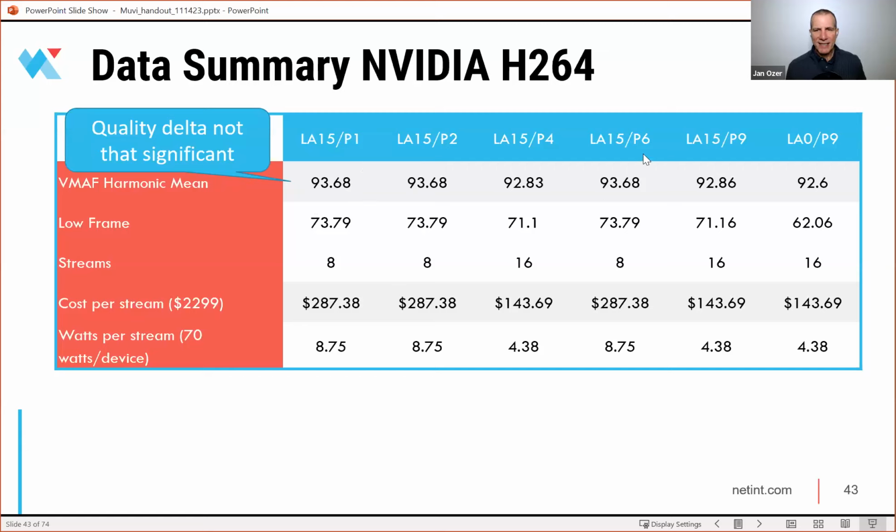So this is 93.68. And the quality was very similar through all these, dropping to 92.6. So we saw a 4-point difference with Quadra with H.264, and we see a 1-point difference with NVIDIA. And that means there's not going to be too big a difference on the throughput numbers, and that's what we're